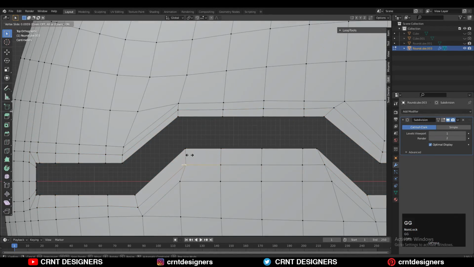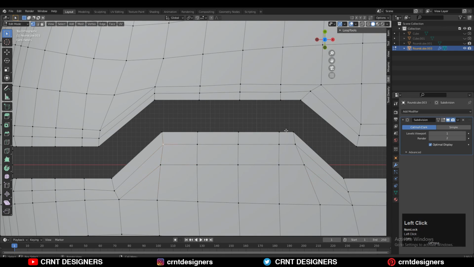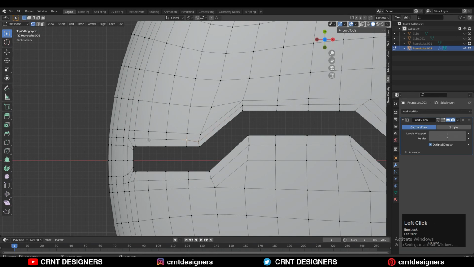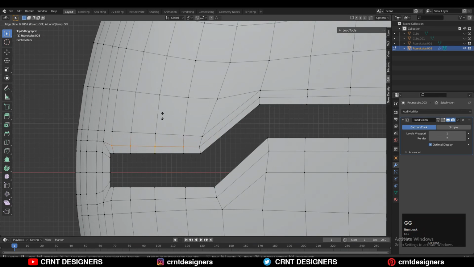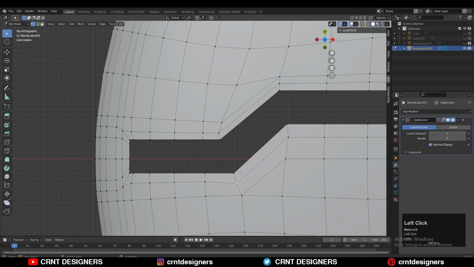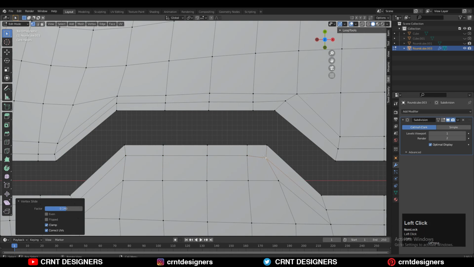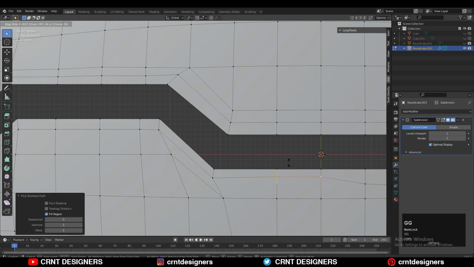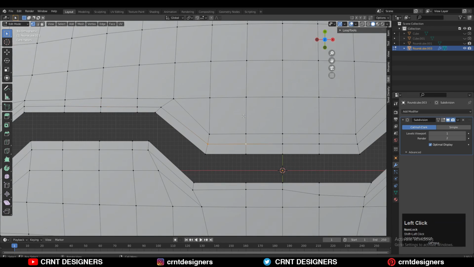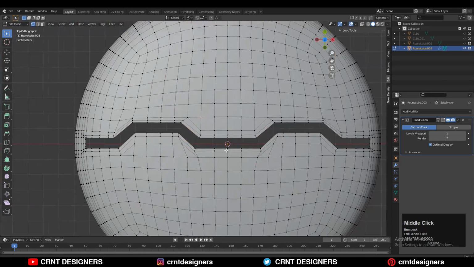In this model, the topology is a difficult task and you have to spend a lot more time on it to get that right topology. It will take your time. But yeah, you need to experiment to get the right results. The methods will be the same, you just need to apply these methods and figure out which will work and how you can go with that. How you can create the right topology for the model with that method.